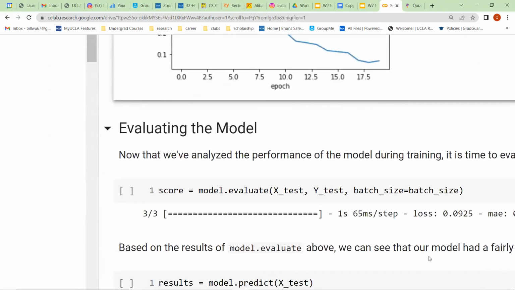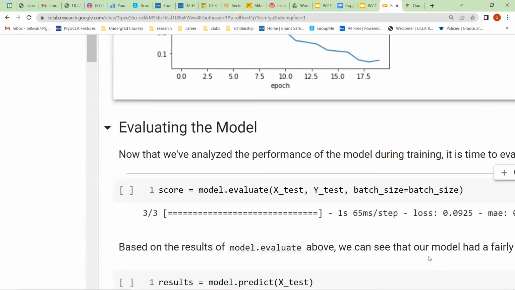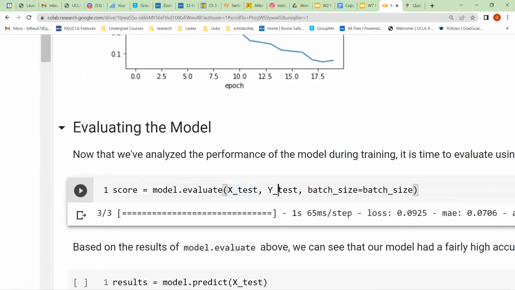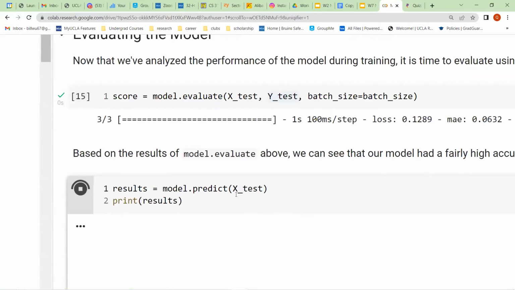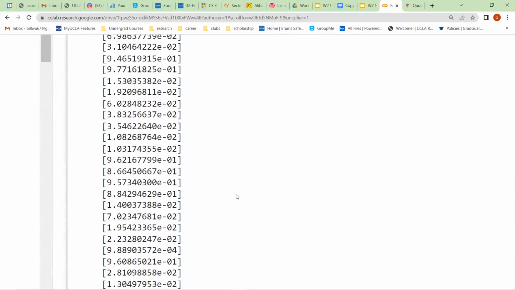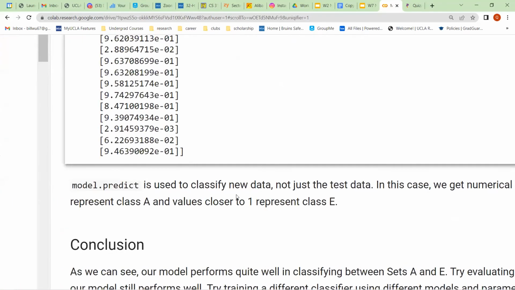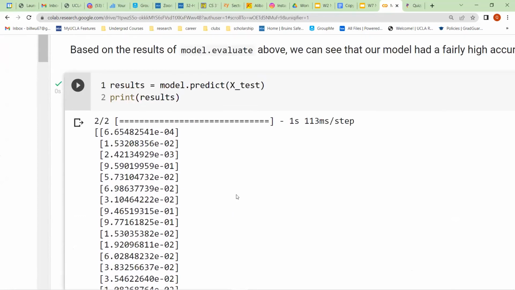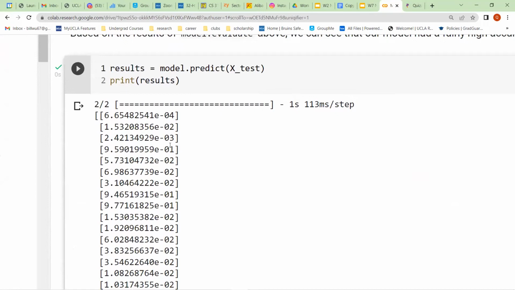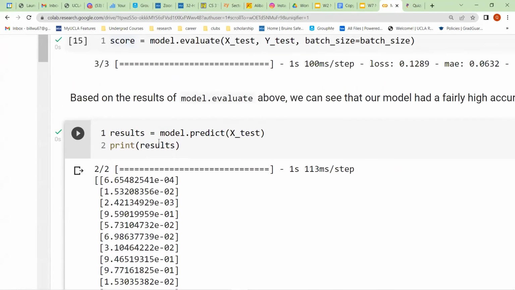Yeah, so now what we're gonna do, like Bill said, is do the actual test. So what we're gonna do is basically evaluate our model on our test data and see how well it performs, right? And we can print out the results. And what you'll see here is basically a bunch of values. They're not random values.